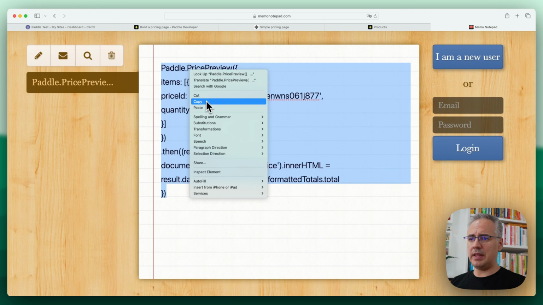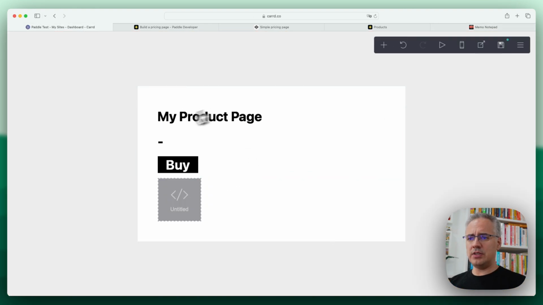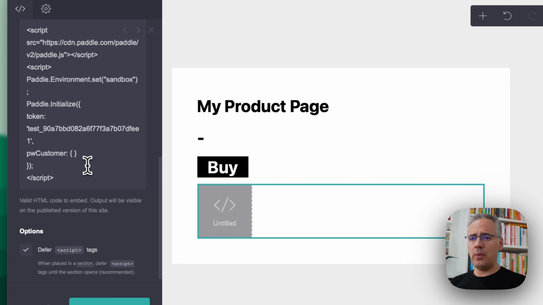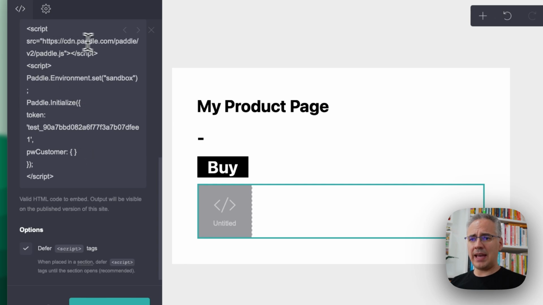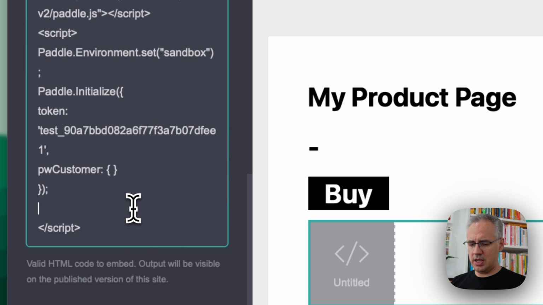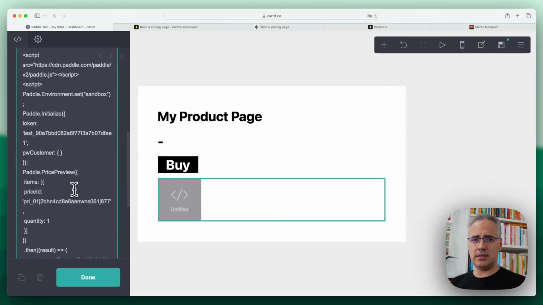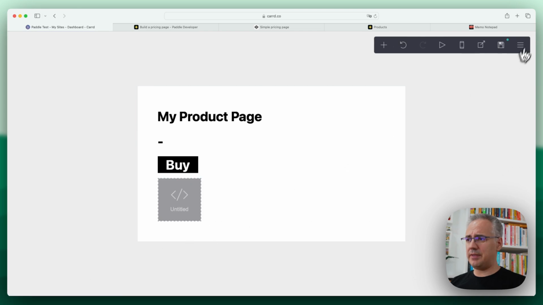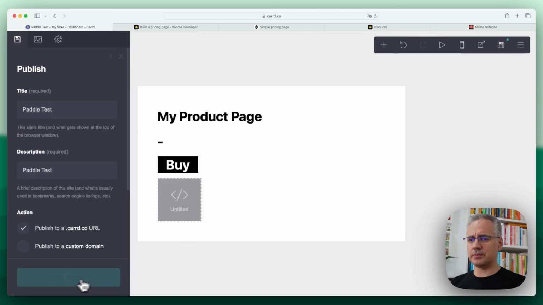So I'm going to copy this and go into my CMS again. And if you remember, we added an embed field here where we added the Paddle.js script and the set up of the environment. Now, just underneath the initialization, I'm going to paste this snippet and hit done. And if I save this page now,